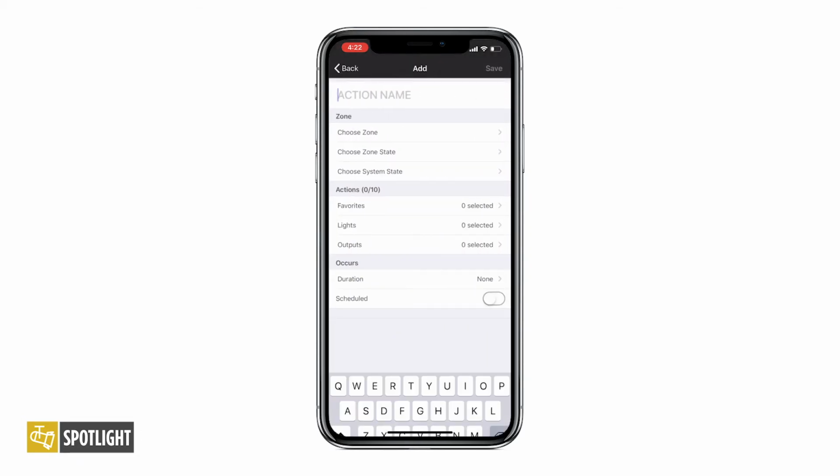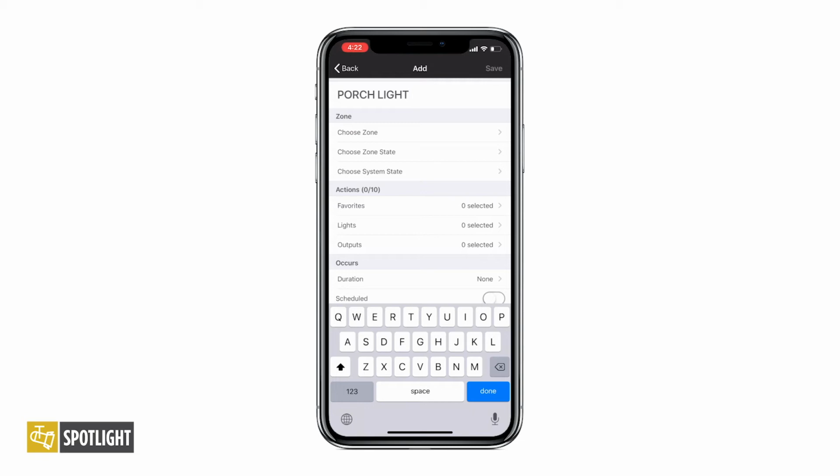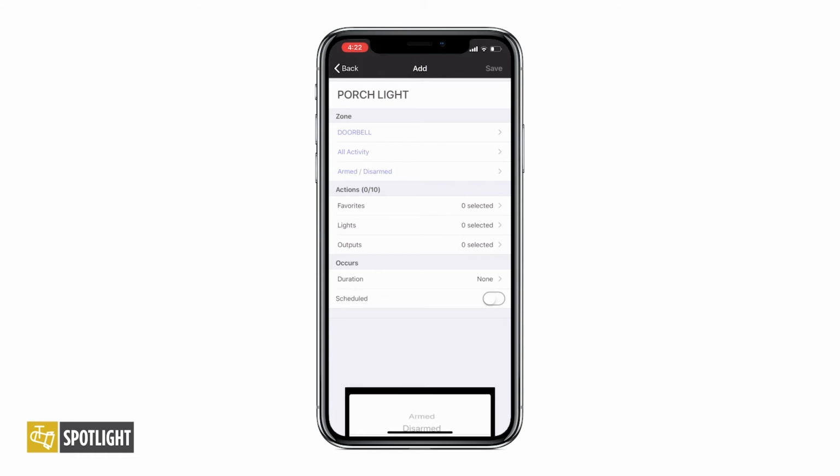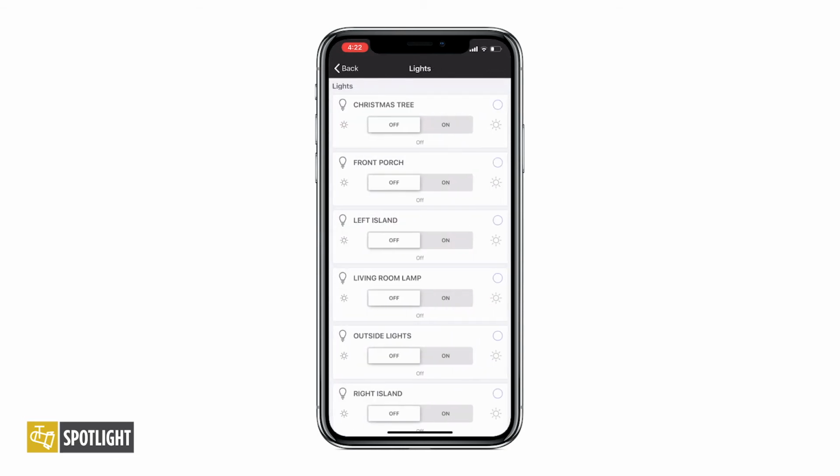I'll name this Porch Light. I'll choose my doorbell zone. I'll choose any activity, and this will occur whether the system is armed or disarmed. I want this to turn on my porch light, so I will enable it and set it to the on